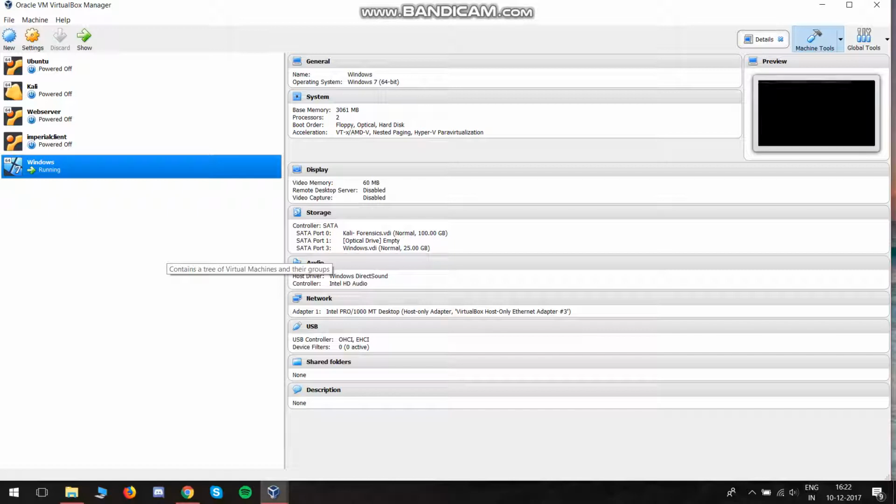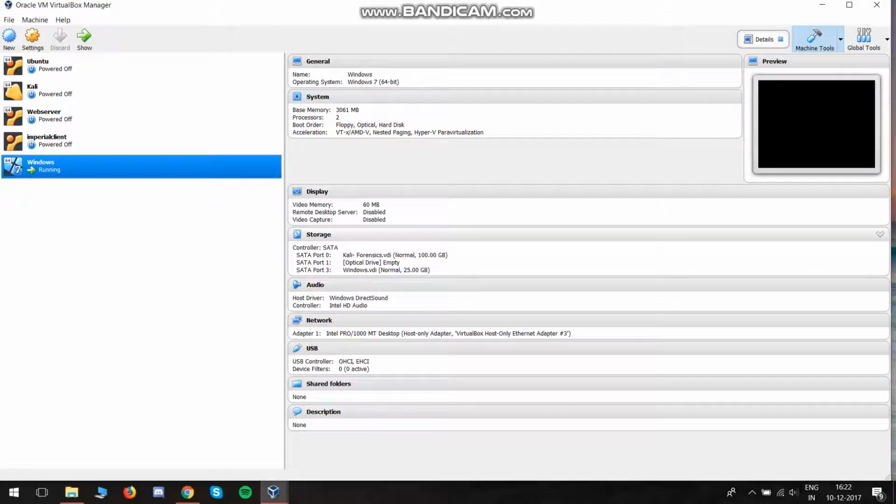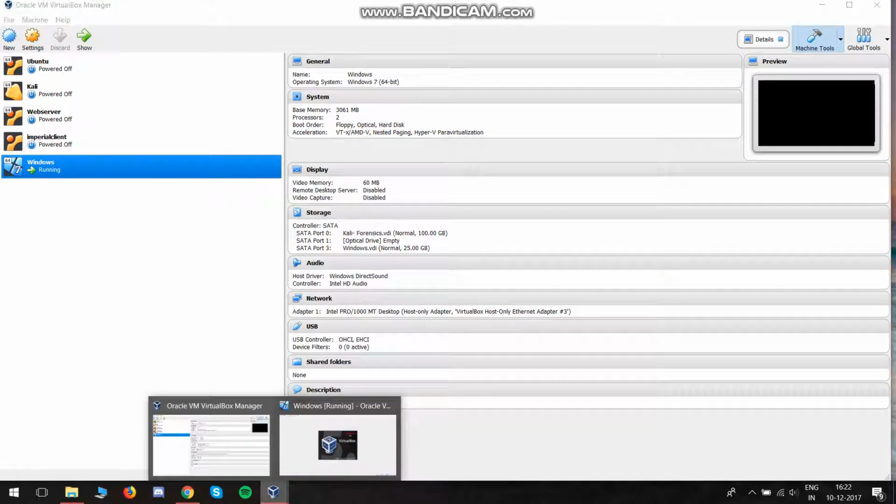So the environment I made for my final project consists of a Windows based machine which is connected by a USB drive which has Kali installed on it, and my program is installed on the Kali USB drive. So when this boots up, it gives you a certain real life scenario where you boot an operating system via a pen drive. So going into that,